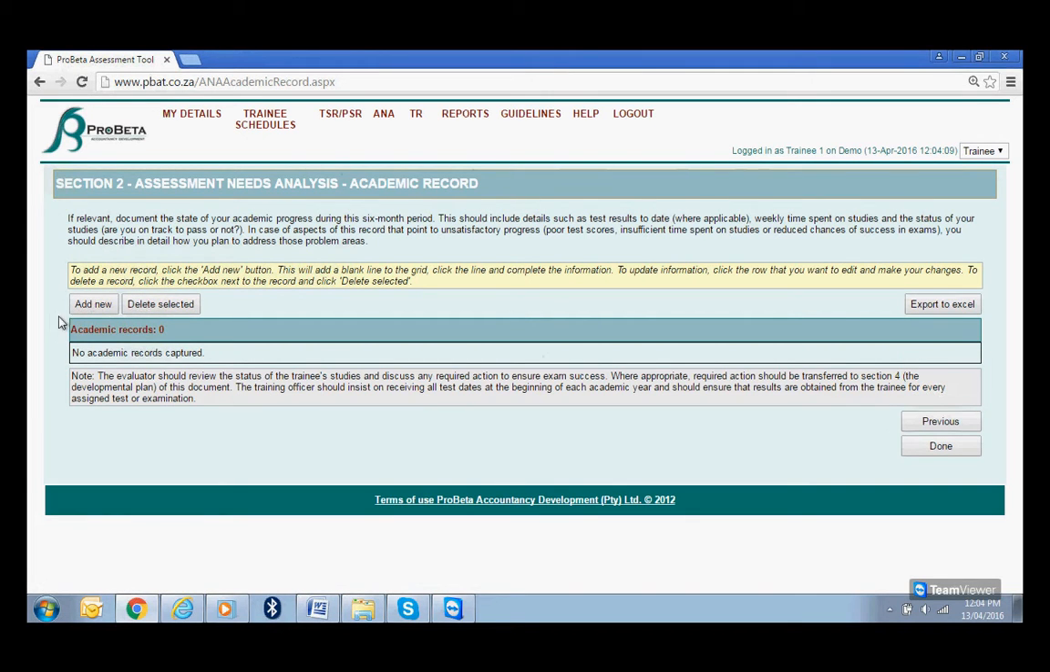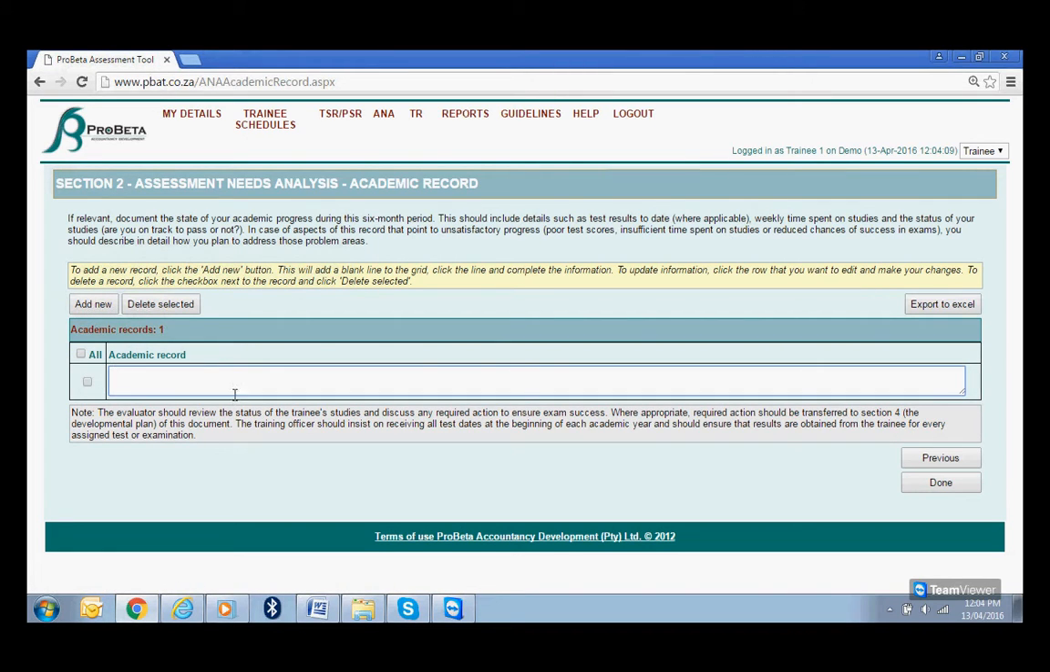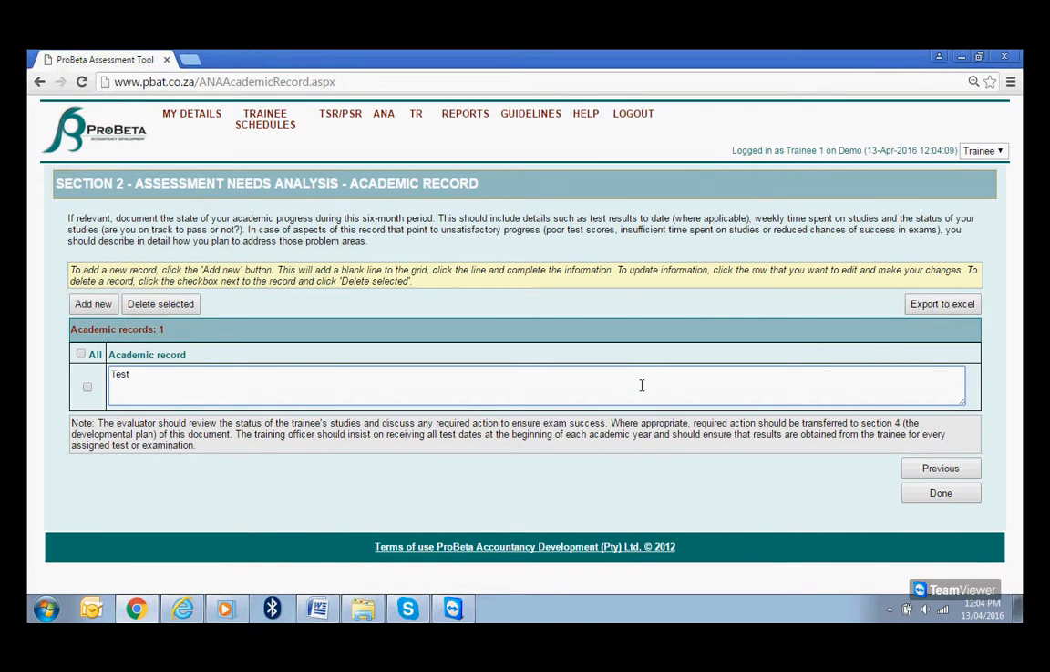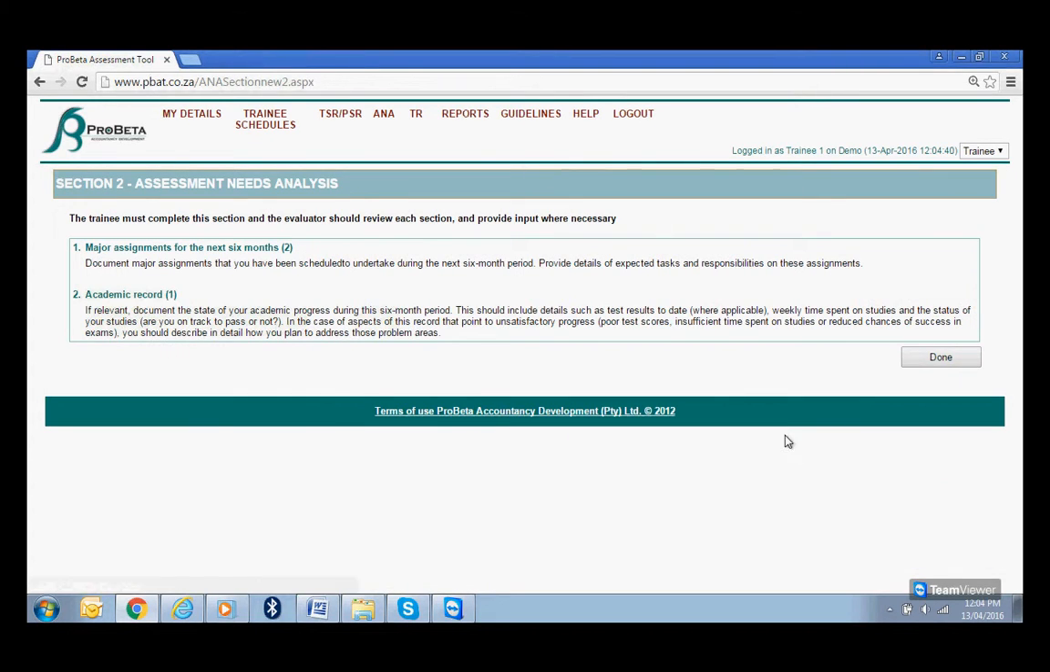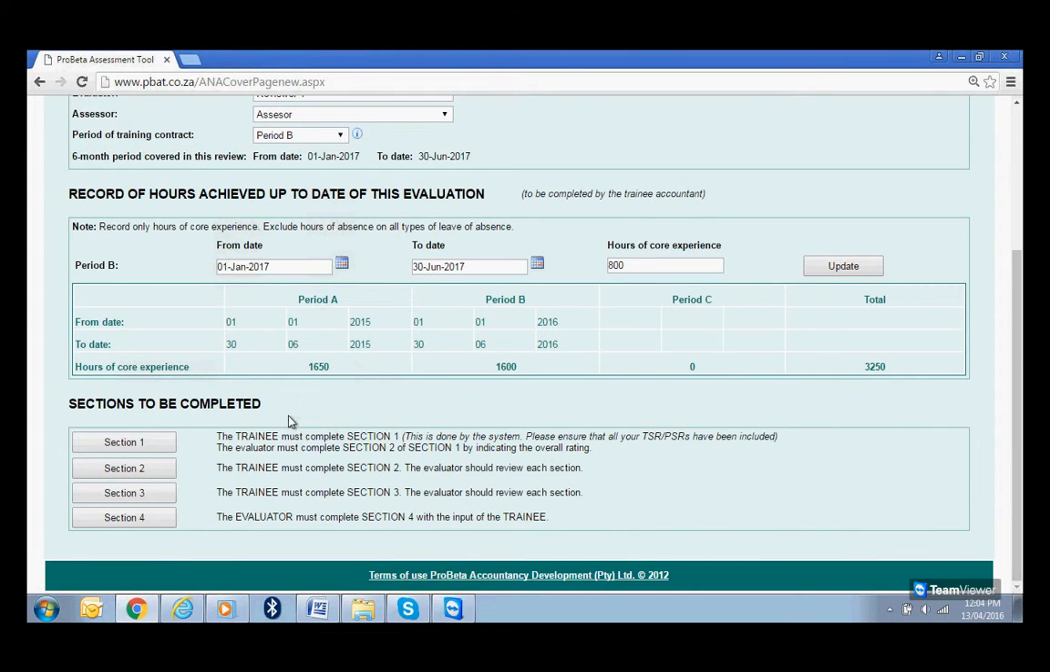And again, in a similar fashion, you'll simply click on add new, and you'll be able to include any academic record and any information that is relevant with regard to your academic record. Once you are done, you simply click on that link, and then it saves the information. At this point in time, there's only one academic record that has been captured under section 2. Once we're happy, for section 2, you click done. It saves all the information that we would have captured under the ANA portion for section 2, and you can